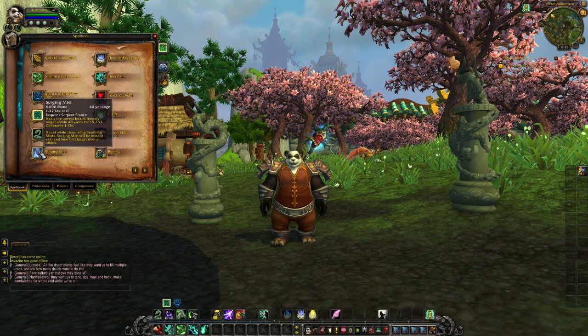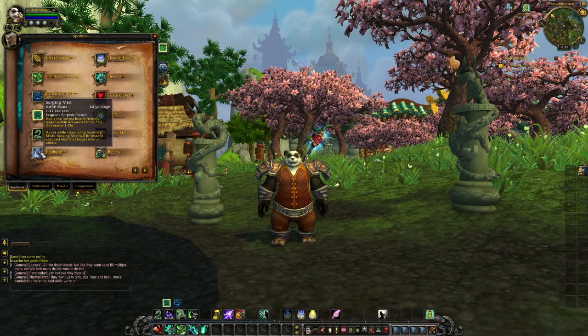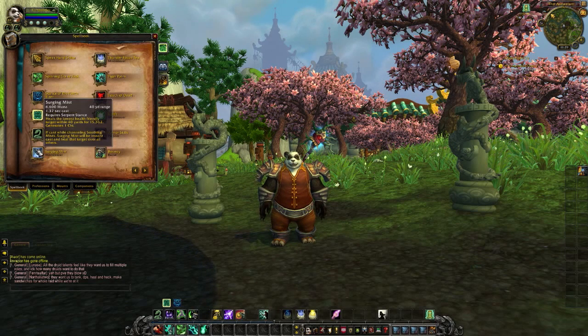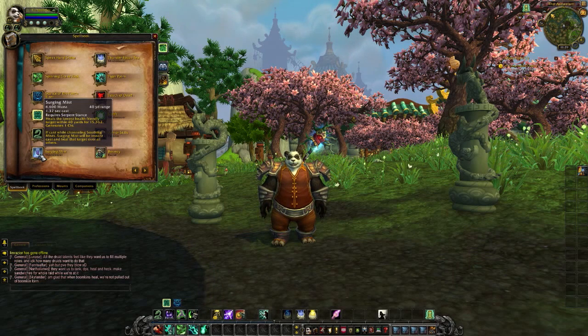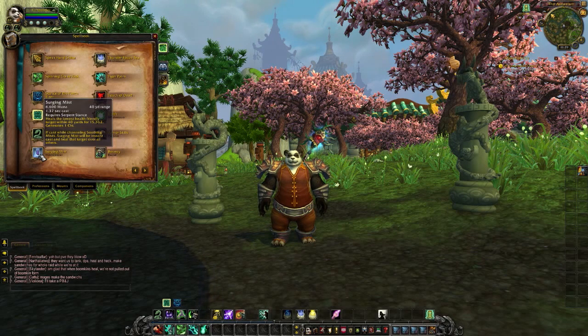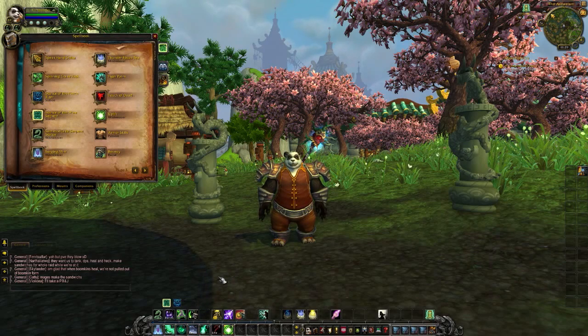Surging Mist. This is the one that generates nothing, and it should every time. Heals the lowest health friendly target within 40 yards for Y amount of healing. Generates 1 chi. If cast while channeling Soothing Mist, Surging Mist will be instant cast, and heal the target over all others. So what it means by here is you can actually start